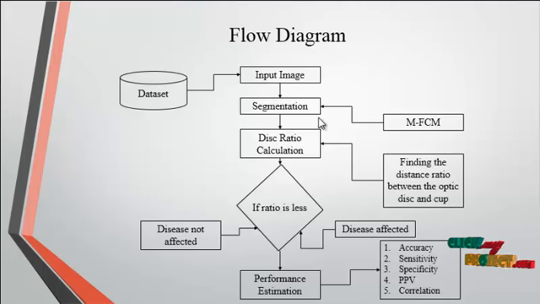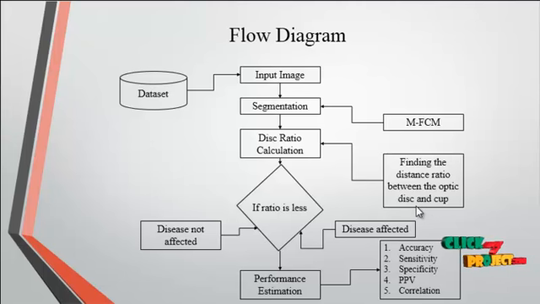In this segmentation process, the modified FCM is used to cluster the optic disc region. This is abbreviated as MFCM. Then after the segmentation, the disc ratio calculation is carried out. In this disc ratio calculation, the disc region is calculated as blob 1 and the cup region is calculated as blob 2. Then the distance ratio between the optic disc and the cup region is calculated